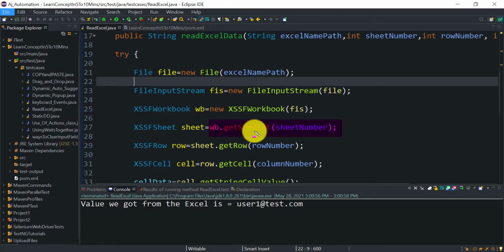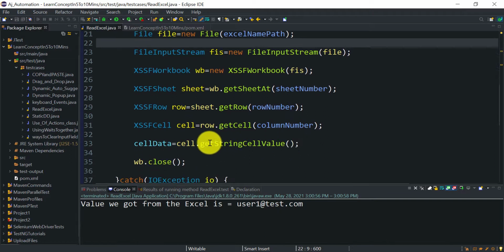Then, depending upon the sheet, from that sheet I want to read the particular row. So here we will get the row, and depending upon that row I will read a particular cell value from that row. You can use row.getCell. So try to remember in this sequence only.